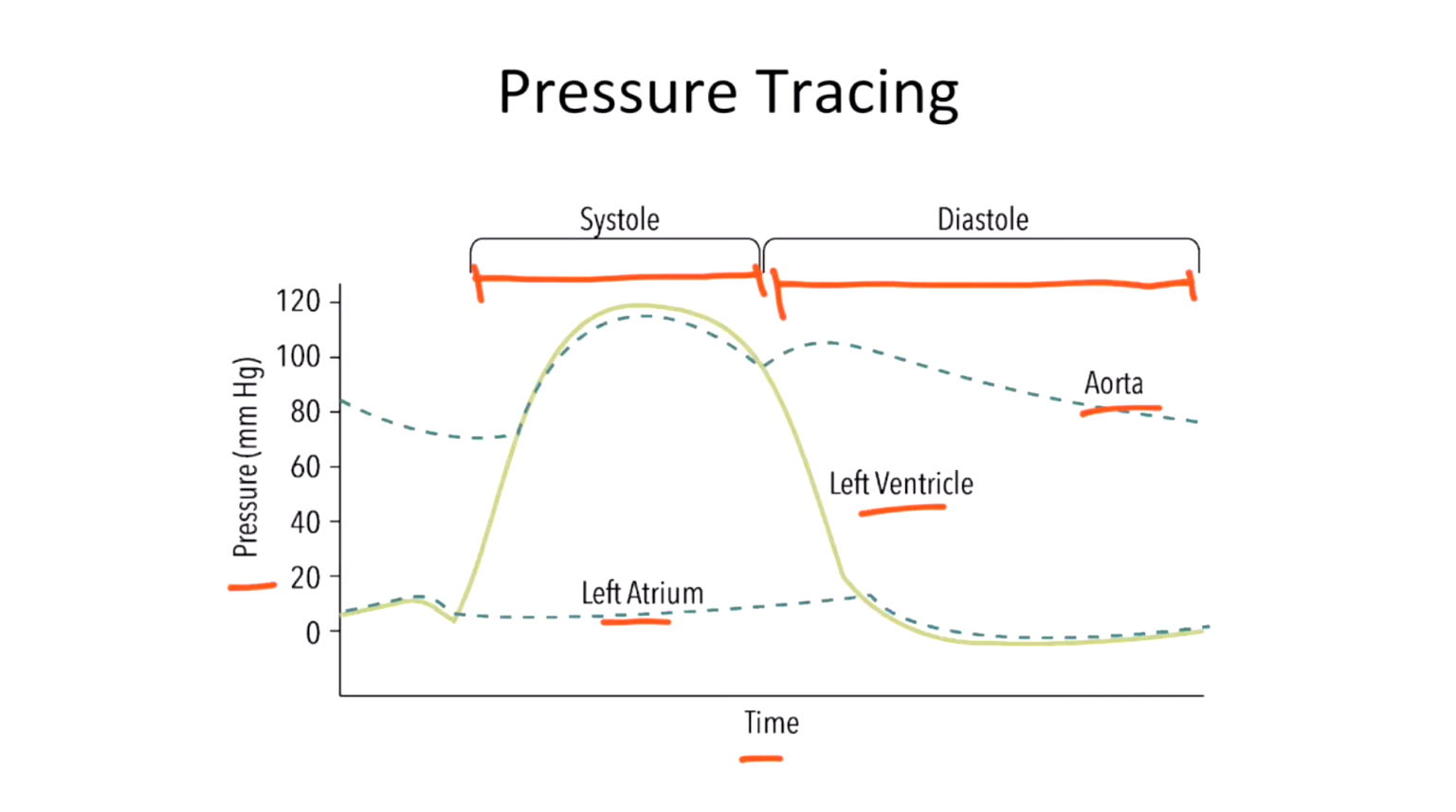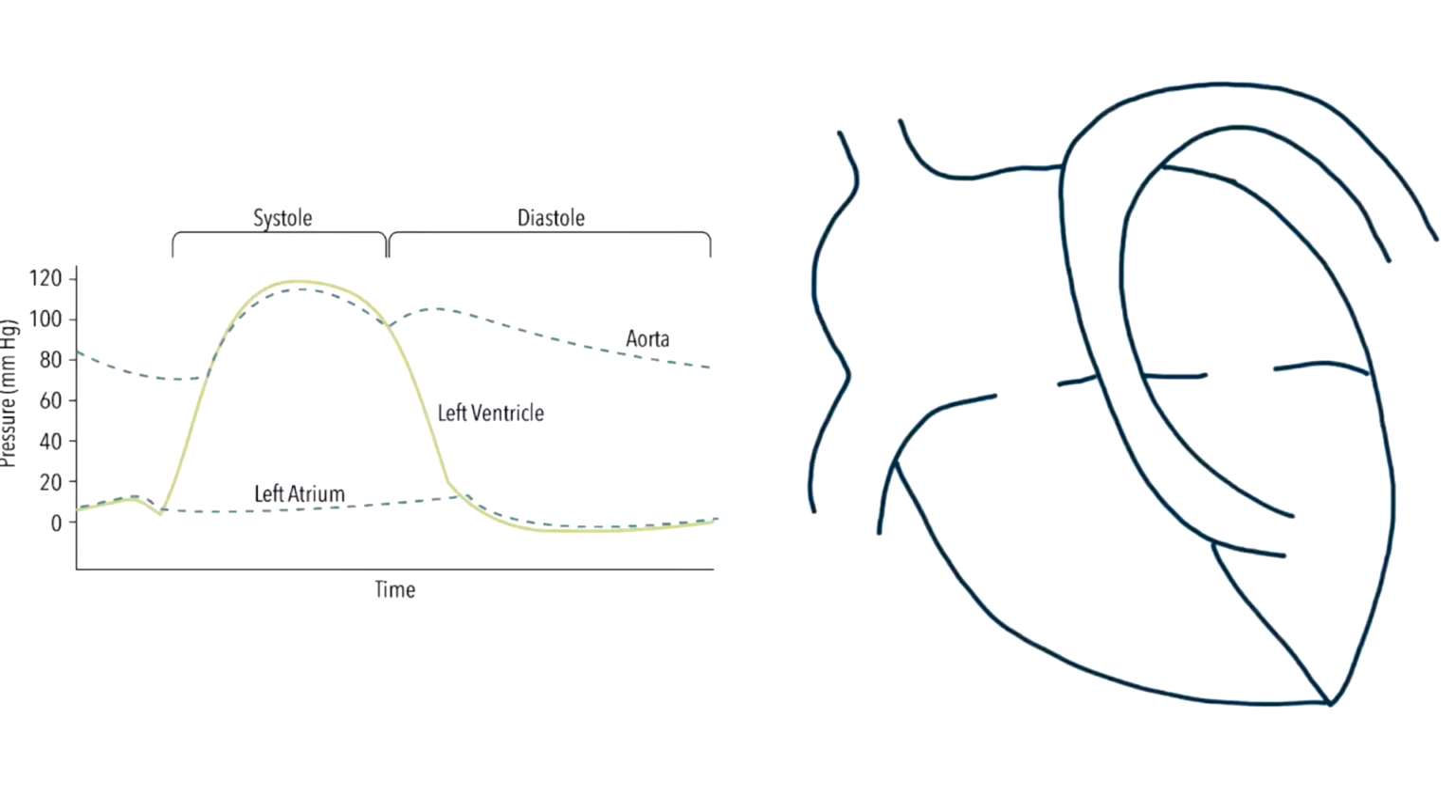Before I explain this figure in any more detail, why don't I take a step back and draw out a heart on a blank screen so we can better visualize what's happening here. On the left we have figure 2.10, and on the right we have a drawing of a heart. As we follow the heart through a normal cardiac cycle, we'll be focusing on the left atrium, the left ventricle,